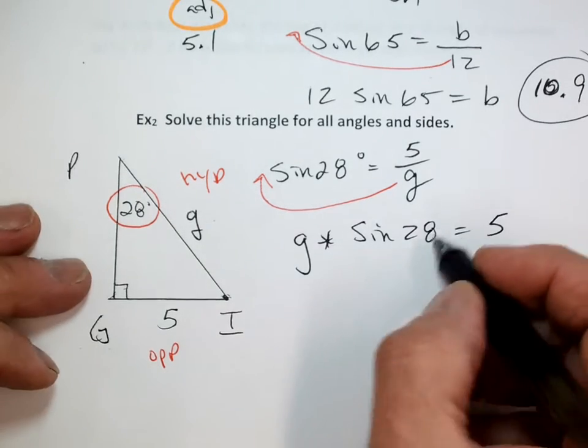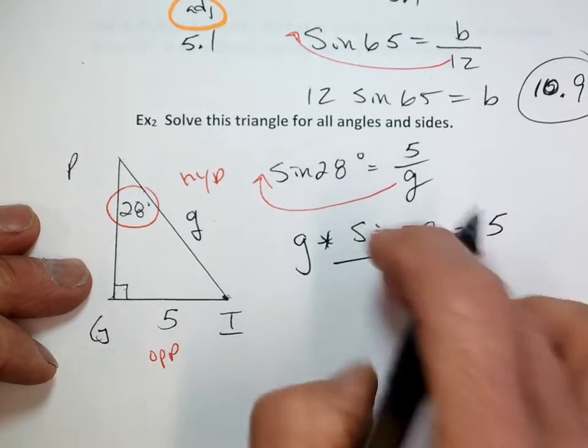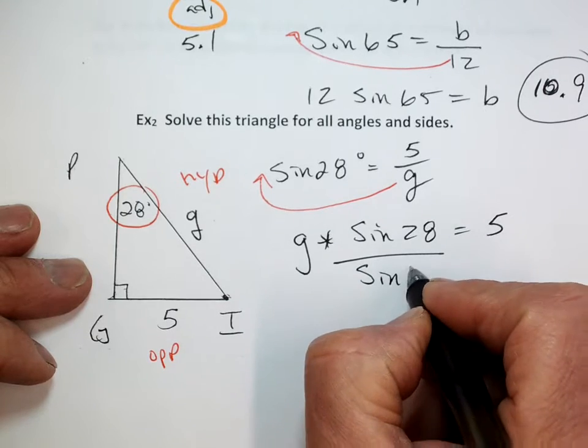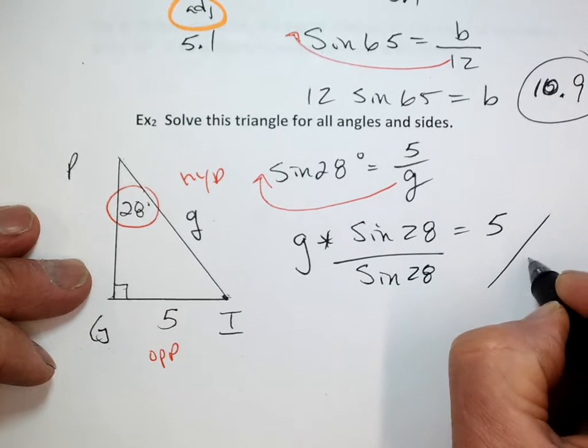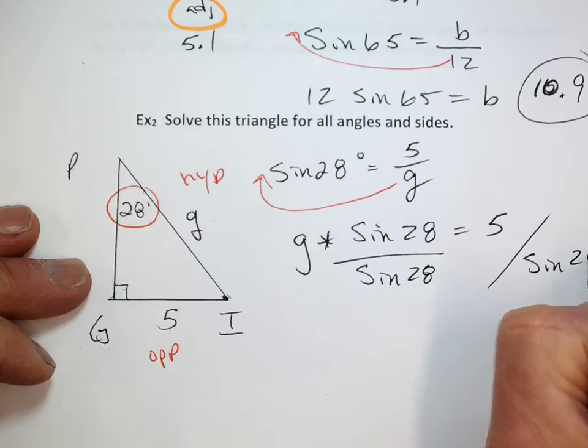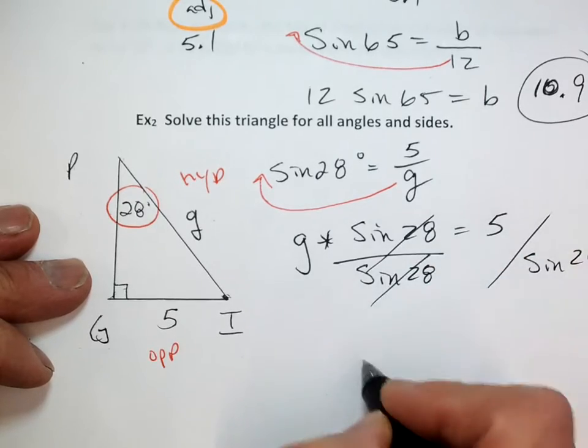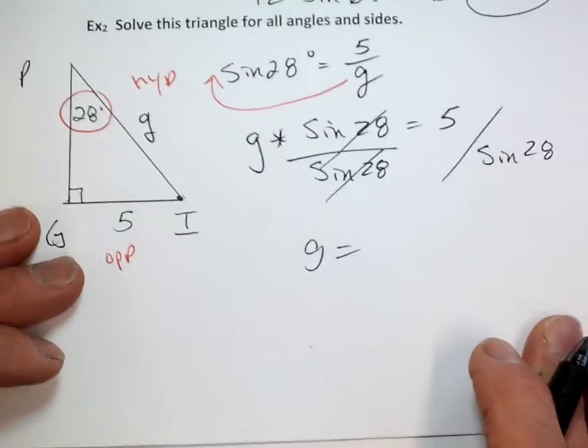So then I'm just going to divide by sine of 28, since that's a number. Divide by sine of 28, cancel, and little g is equal to